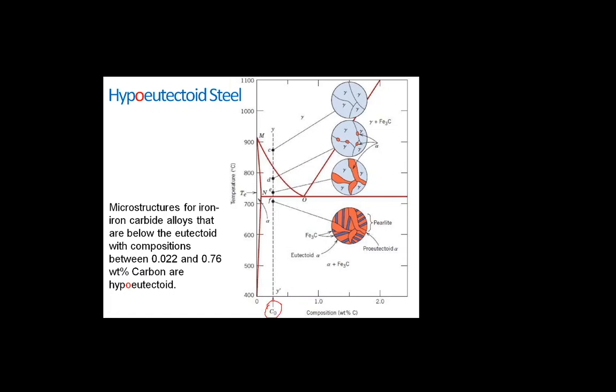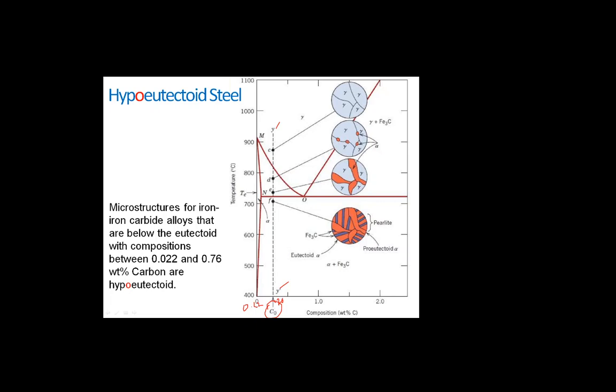This is the particular C0 to the left of the eutectoid, in the range between 0.02 weight percent, that is the pure, mild or low carbon steel, and 0.76 weight percent carbon. This is the hypoeutectoid, less than the eutectoid alloy. The cooling of an alloy of this composition is represented by moving downward from Y to Y dash, which has a very low percentage of carbon in the iron system.